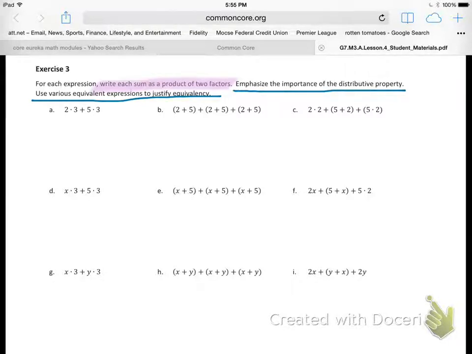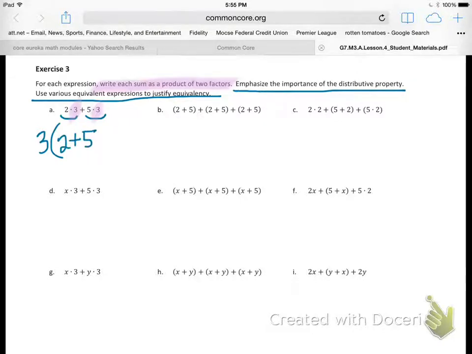how you might go about doing this. So what I do notice in this first one, and you have to look really, really carefully at all of these expressions, okay? Because what you have here is two products. You have 2 times 3, and then you have 5 times 3. So in this case, what you notice is that you have a common factor, okay? And since we have a common factor, we can easily do this: 3, and then in parentheses 2 plus 5,